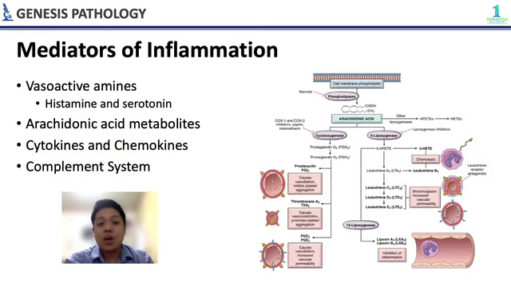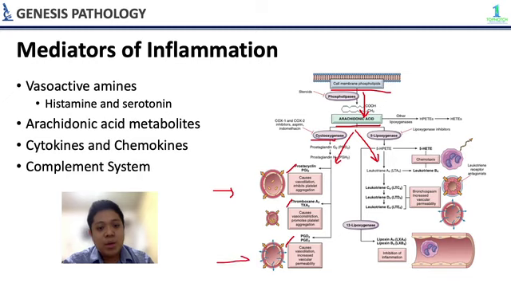Next, we have our arachidonic acid metabolites. So, they all come from cell membrane phospholipids. So, pag na-activate sila ng phospholipase, magiging arachidonic acid sila. And they can go to either one of two pathways, the cyclooxygenase pathway or the lipoxygenase pathway. So, yung mga cyclooxygenase, they will produce prostacyclins, thromboxane, and prostaglandins. So, ang prostacyclin and prostaglandins, they will produce vasodilation. However, yung thromboxane A2 naman, it affects platelets and prothrombotic siya, so it causes vasoconstriction and platelet aggregation.